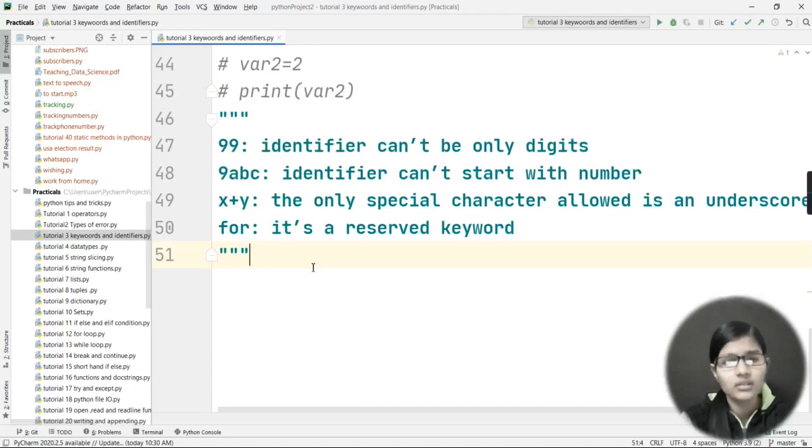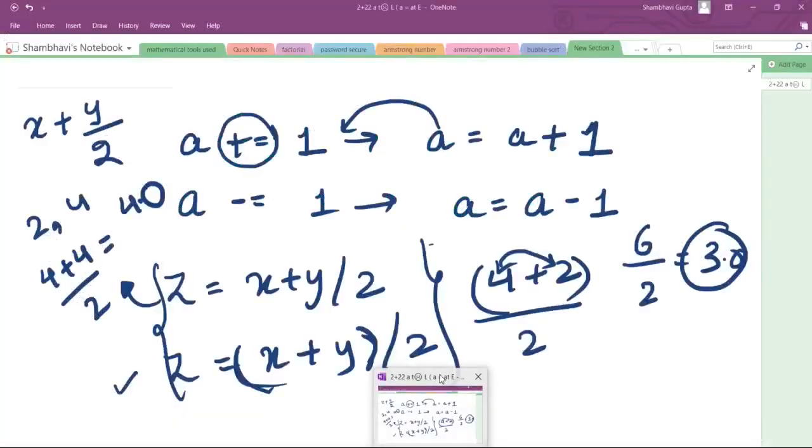Now let's go and search on Google. Try to write some valid identifiers, try to write some invalid identifiers, try to study more rules about it. Okay. Now next what comes is the